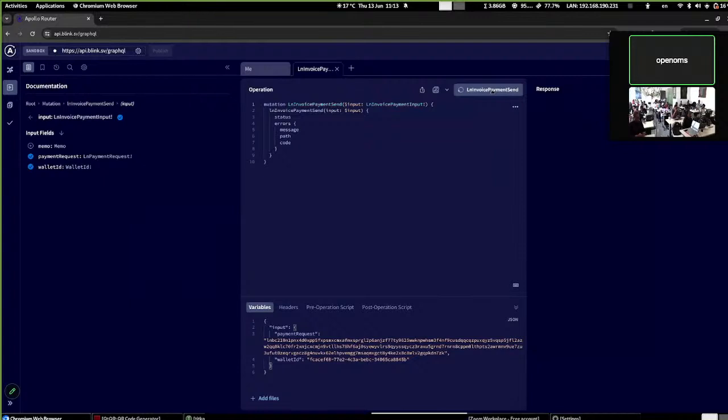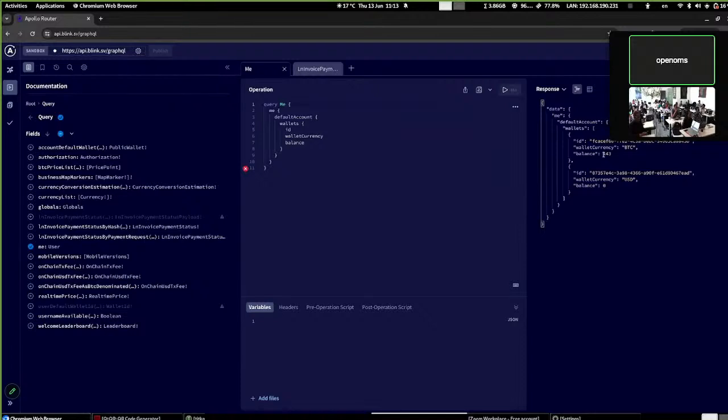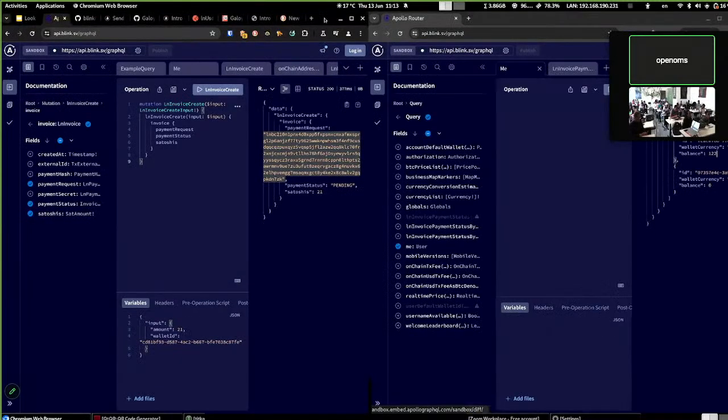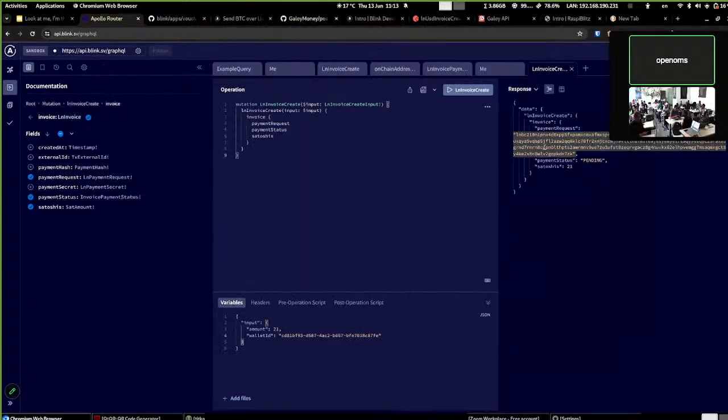When the magic happens, there's not much feedback, only that the invoice system. And now you can see that my balance in the previous plus at the bottom was 143, should be 21 less. Now it's over 132. And then I can also see on the previous stuff. I can also check. The invoice itself is paid, but